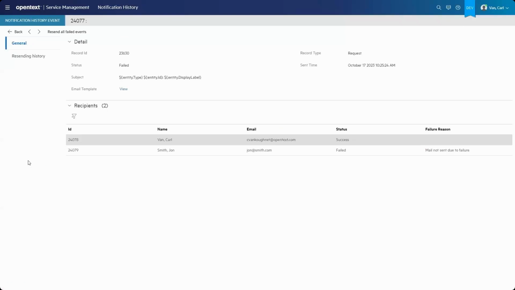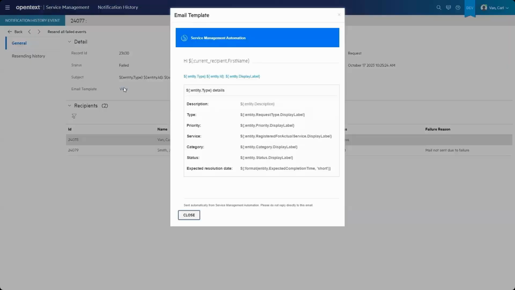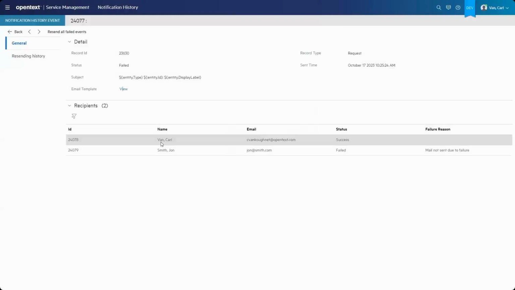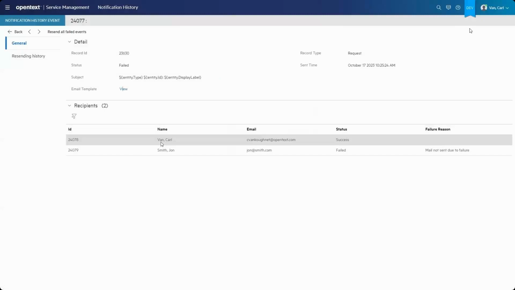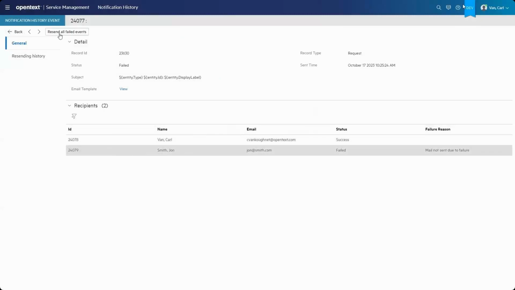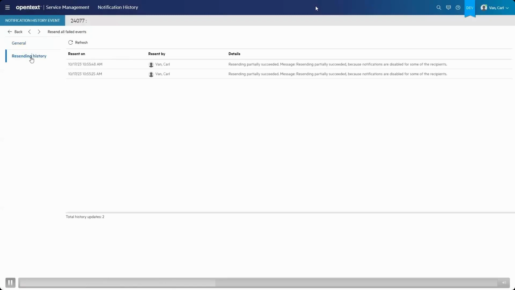When you select the item in the grid, it gives you more details. When you click on the view on the email template, you can see the email template being sent. On the recipient grid, we'll see a success or failed because it's specific to the user. An email notification can only have recipients in the To field. The CC and BCC are not supported. If there is a failure to an email, a new feature has been added that will allow us to resend notifications to all failed users. We would click on the button. When we click the resend,